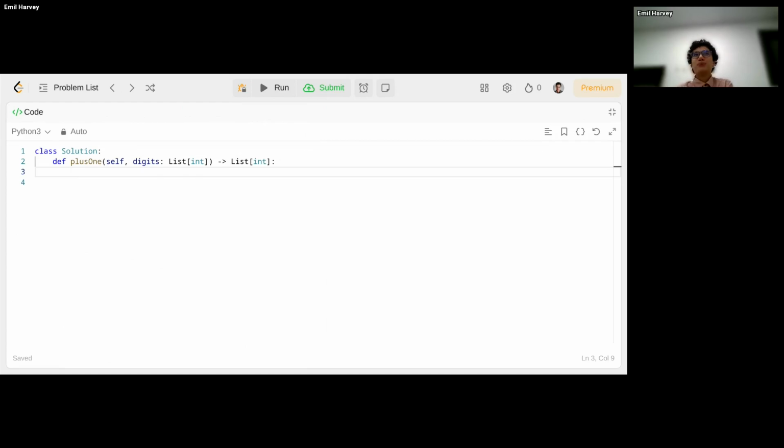So we want to have some Boolean that tells us, hey, we have a 9 here. In my code, I call it has carryover. And I'll set it to false initially because maybe by default it's not true. We've got to check first. And then we want to add 1 to the previous number and so forth.